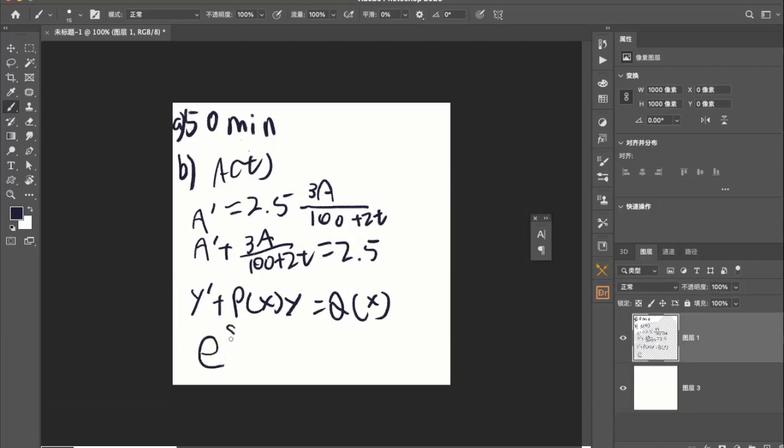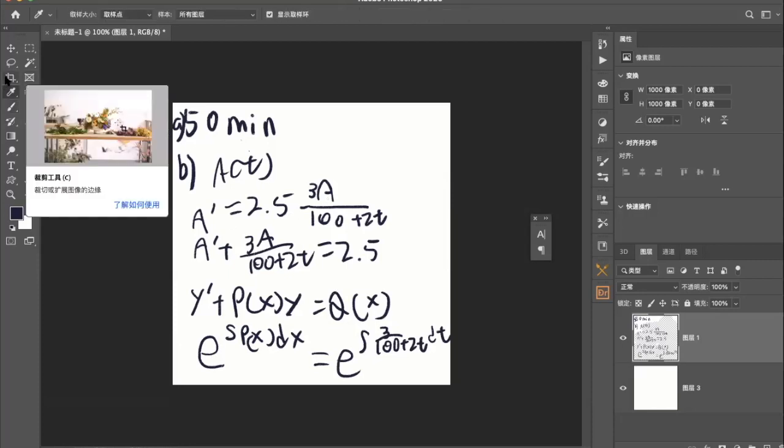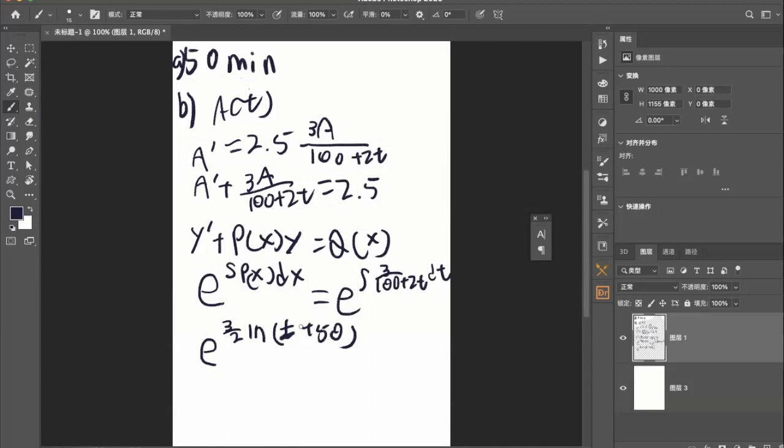Well, we need an integrating factor. That's literally how we should solve it. And we know P of x here was 3 over 100 plus 2t. And if we type it into the calculator, that will give us, I need more space. And we know anything times ln of something can become ln of something to a power, so like basic algebra, and e and ln cancel, so